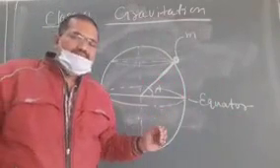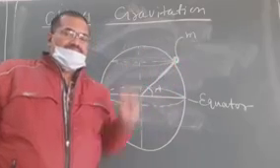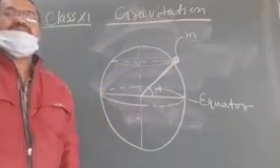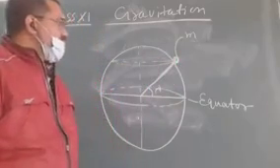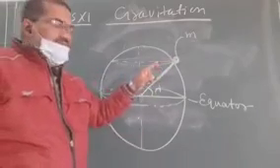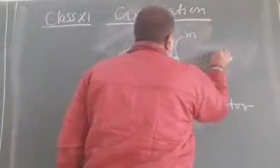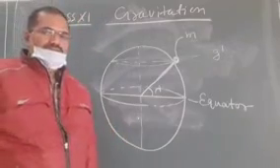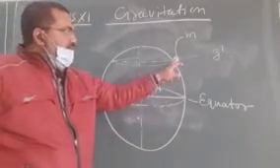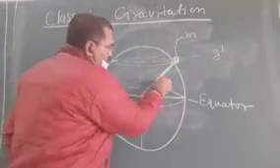So, what is the value of g at this moment? We have to find it. Suppose here the value of g is g dash. First of all, mass of the body is m, then the force mg acts towards the center of the Earth.